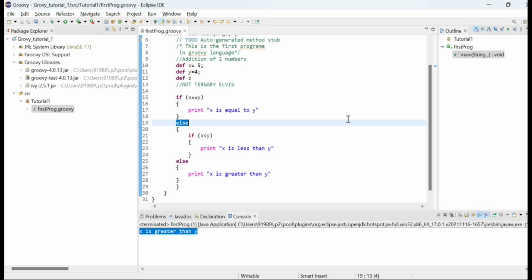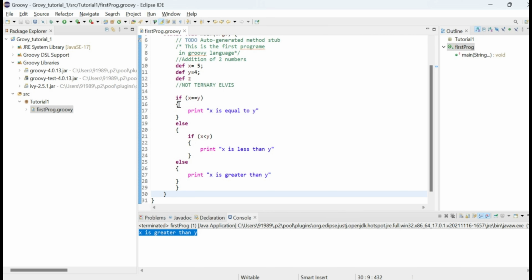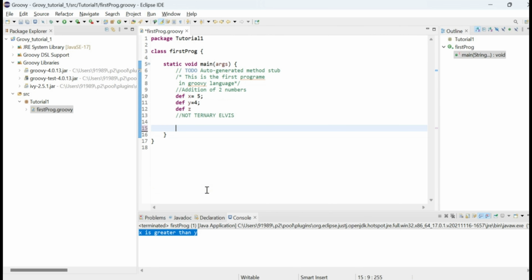We'll move to switch case now. So to learn about switch, I will remove this code and we will take a switch, and here we will mention the variable and we will give the cases one by one. So case 1, and say for example we print it's Monday,